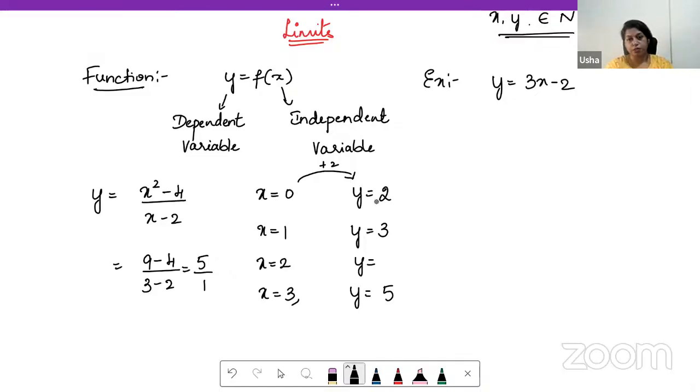Based on this observation, can someone tell me, if x is 2, what should be the value of y, based on the pattern we have observed? Is anyone